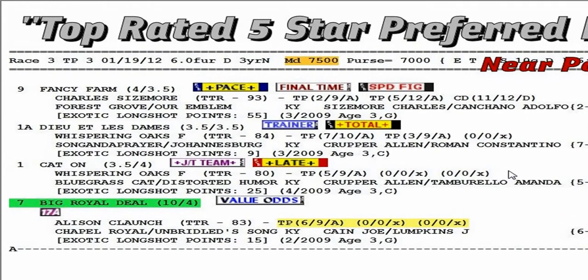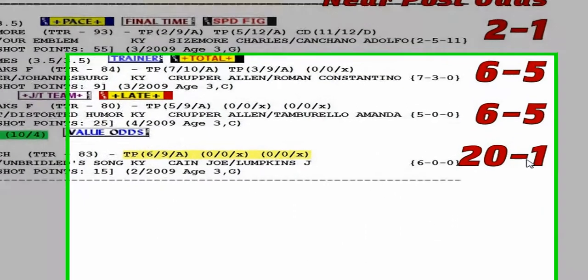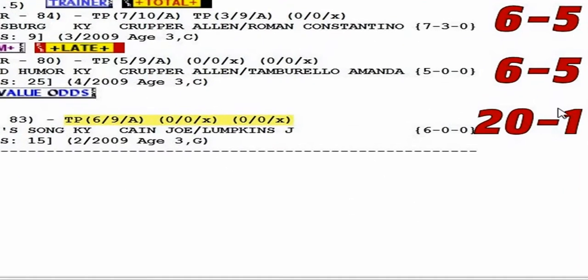It makes every bit of sense to be on a horse that has a legitimate chance to win, and obviously being rated here in Group A, he is one of those, and this horse is going off at 20-to-1. So now I am interested in pursuing a wager. Once I've established all of this,